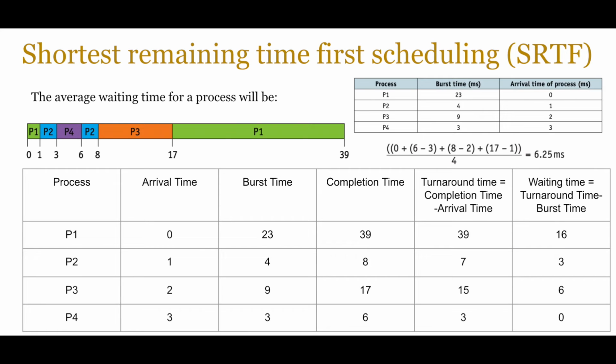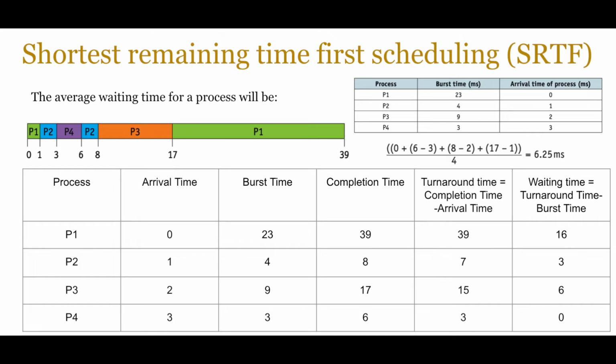So how do we calculate this average waiting time for SRTF, which seems a bit more complicated than the previous ones? The simplest way to calculate this is to create a table. If you look at the table that's been created on screen for you, this will make more sense. The processes P1 to P4 are listed along with their arrival times and their burst times. Once we have this information, we can now calculate the turnaround time, which is simply the completion time minus the